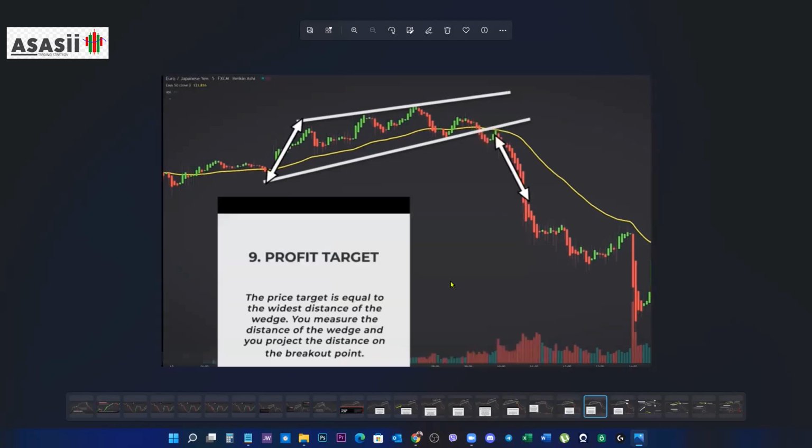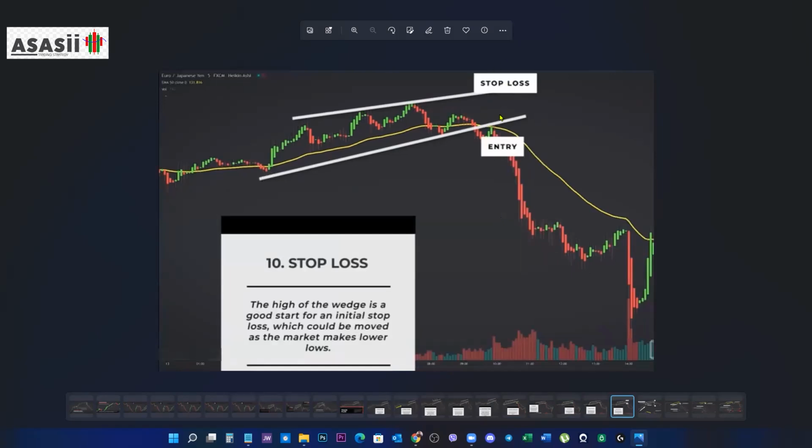Makikita rin natin. So, yung profit target natin, normally sinusukat nila to, itong pinaka-umpisa ng wedge, then inilalagay nila dito. Okay, yan yung classic na trading strategy sa rising wedge. Ang stop loss dito sa pinakataas, pero mayroon ako ibang mga idea or ibang advice na pwede nyong gawin sa stop loss. Okay? So we will now move to our actual